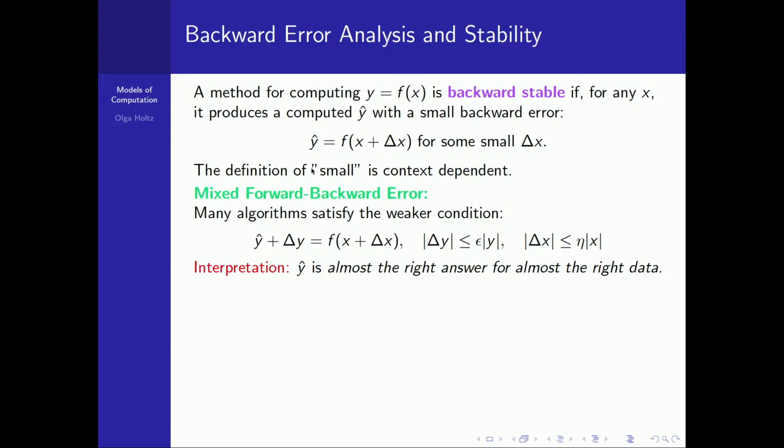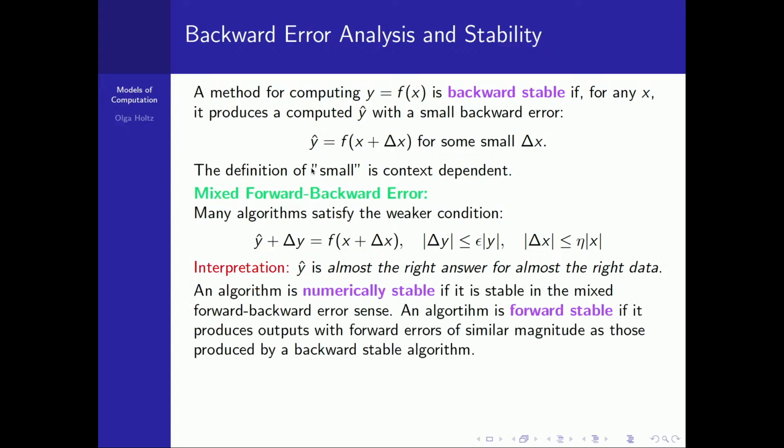So not great if you're always thinking exact. If you're an abstract algebraist, perhaps that's not so exciting, but this is the real world, and this is what happens in the real world. Are you okay with that? Okay. All right. So numerically stable means it's stable in this mixed sense. Numerically stable means stable in this mixed sort of backward, forward, backward sense, as described here.